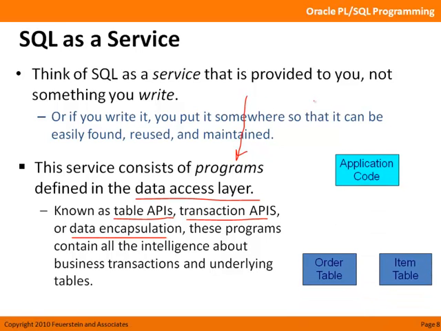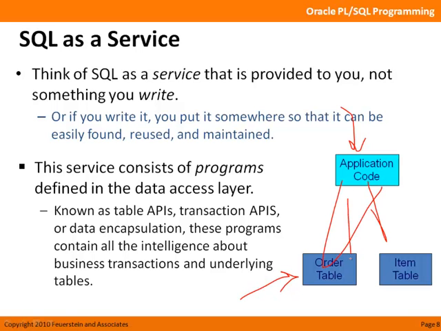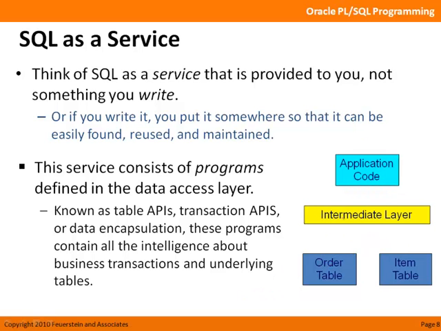I've got my high-level application code implementing user requirements. I've got my low-level tables with all the data in them. And instead of reading and writing every time I need to access those tables, what I'm going to do is put an intermediate layer in between my application code and my tables. This intermediate layer, the data access layer, knows all about all the aspects of my underlying tables and the relationships between the tables. So this layer of code knows how to do inserts, updates, deletes, all the basic stuff.